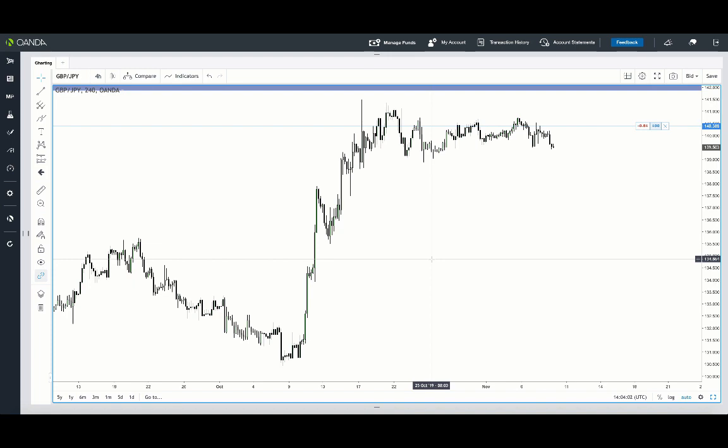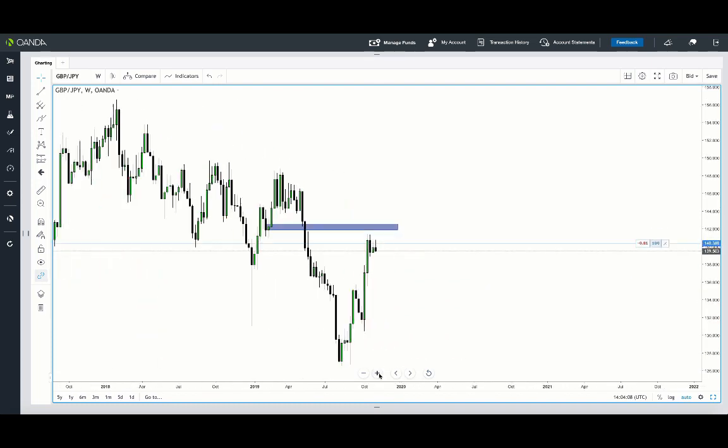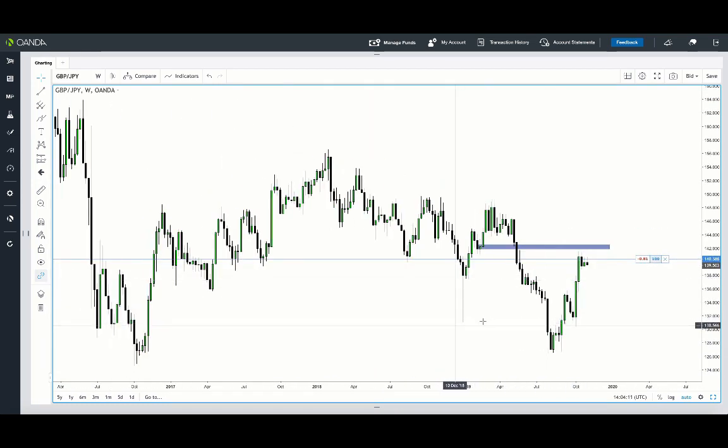So, Pound Japanese Yen. Let's go back up to the weekly, and we can see, based on the look ahead as well, we've had a very nice stop run down here. This is an objective fulfillment, because the move away is pretty pronounced, so it needs to offload somewhere, it needs to rebalance somewhere else, it needs to find liquidity somewhere else. Objective fulfillment, seeking opposing liquidity. Stop run, manipulation.